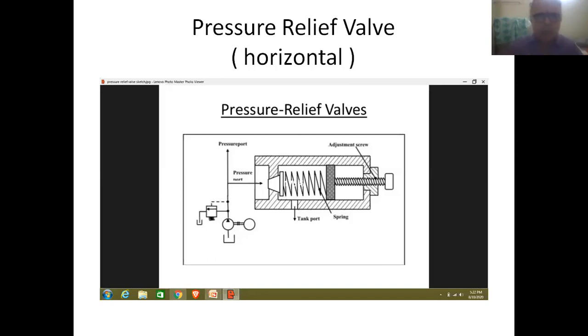And secondly, after entering the inlet of the pressure valve, it will be exerting pressure on the element that is placed inside the body of the valve. Therefore, this valve element moves in the forward direction, and as a result, the valve will be coming to open position.